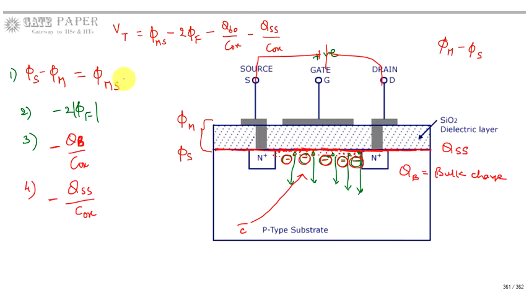So if you add these four components, that is the total voltage in the MOS capacitor, and you must apply the opposite amount of voltage to get channel enhancement. That is the threshold voltage. Generally, threshold voltage can be either increased or decreased by making use of this bulk charge. We can alter this bulk charge.